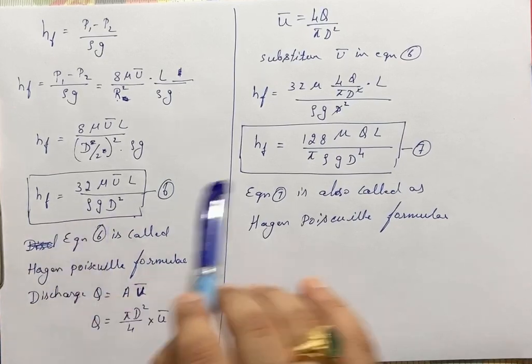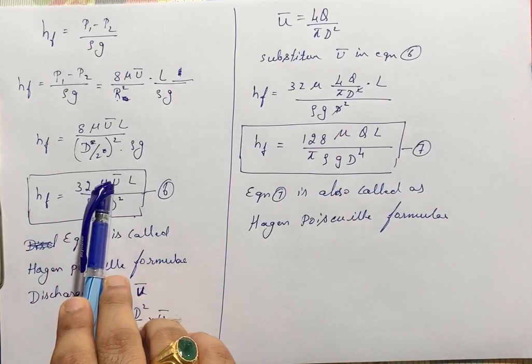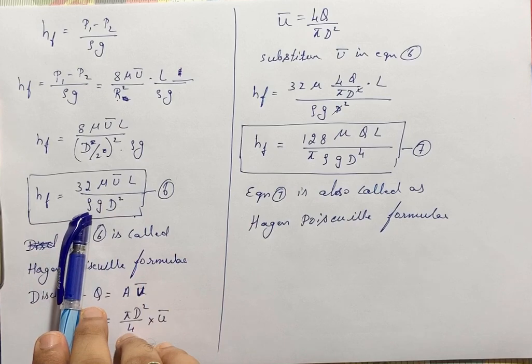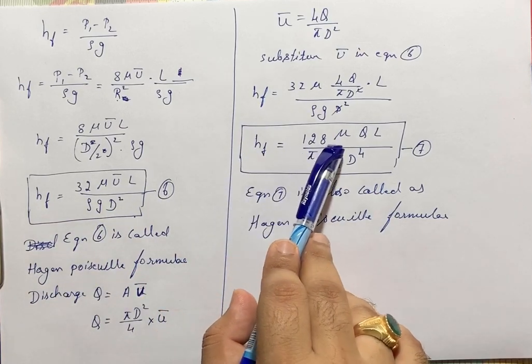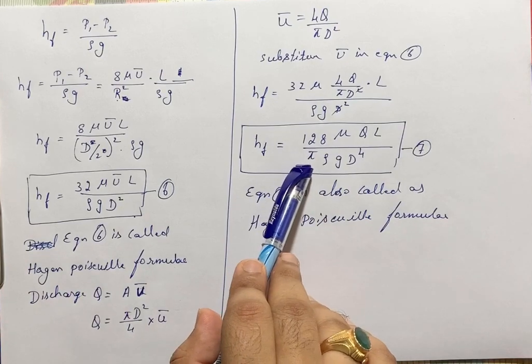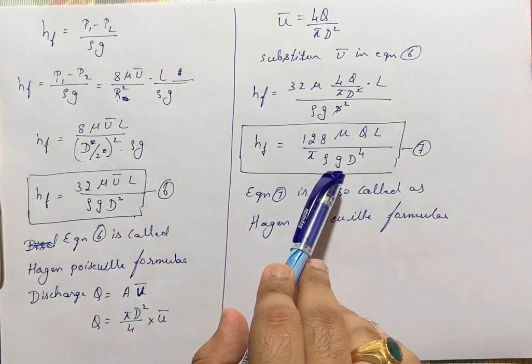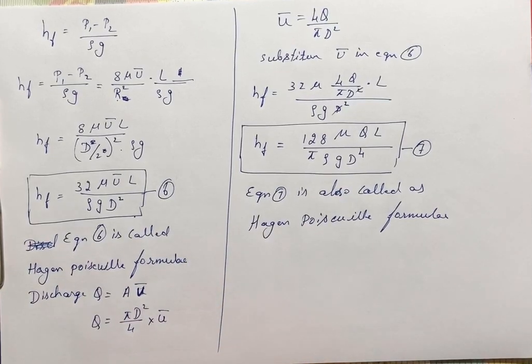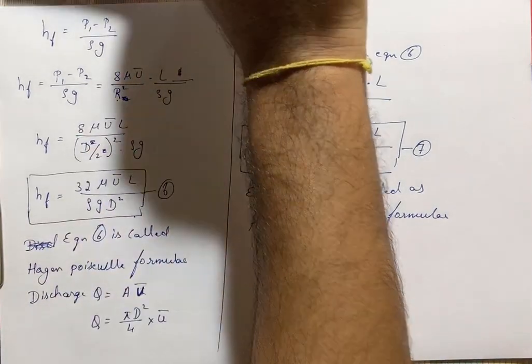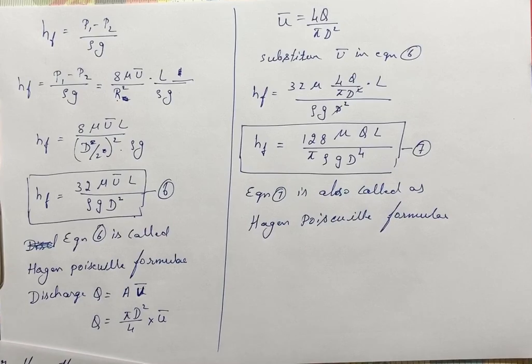You can write either of these: 32 mu u bar L divided by rho g d square, or HF is equal to 128 mu Q L divided by pi into rho g d raised to 4. In the examination, if they ask you to derive the expression for the Huygens-Poiseuille equation for flow through a circular pipe,